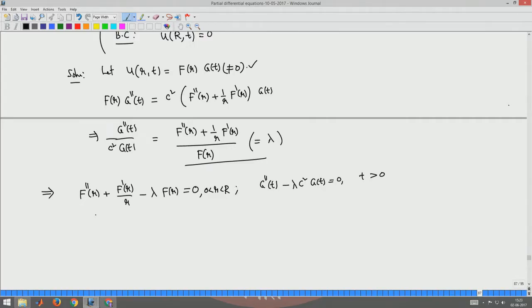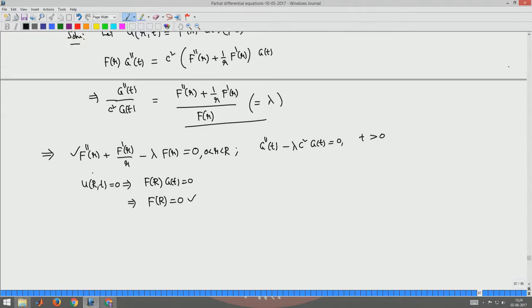Now, if you apply the boundary condition, u of r, t equal to 0 gives f of capital R times g of t has to be 0. So, g of t cannot be 0, because t is varying, which implies f of capital R has to be 0. So, this is your boundary condition, and this is your ordinary differential equation, which is already in the Sturm-Liouville